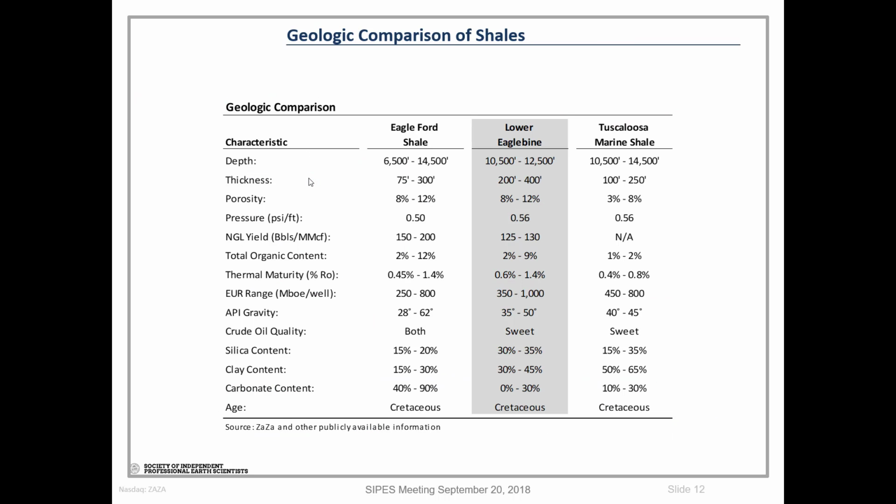So when you compare the shales, the Eagle Ford, the Tuscaloosa Marine, and this Eaglebine, you're looking at just about the same kind of shale, except that it's much, much thicker. Both the Tuscaloosa and, of course, the Eaglebine, both of them are the thickest we've ever dealt with. We haven't really been dealing with a lot of thick shales. But when you look at things that people really look at